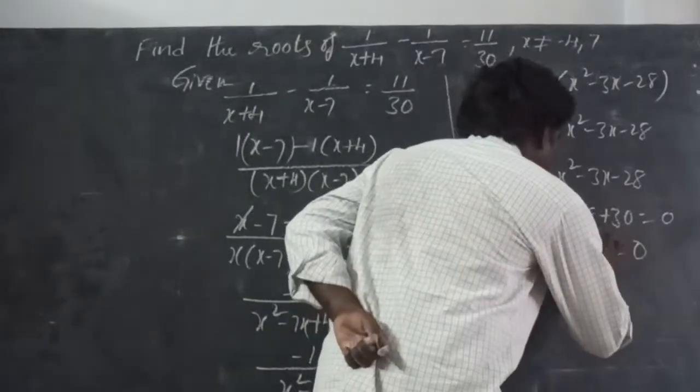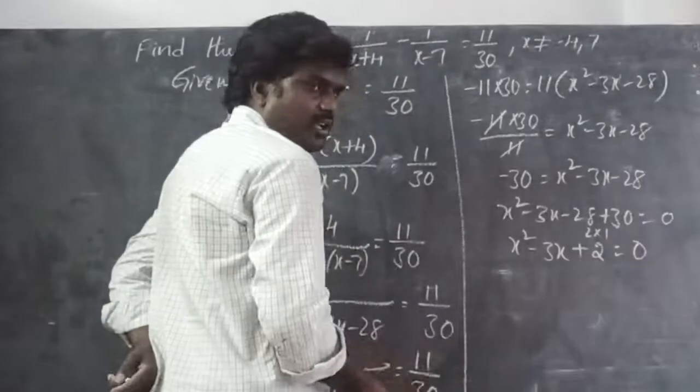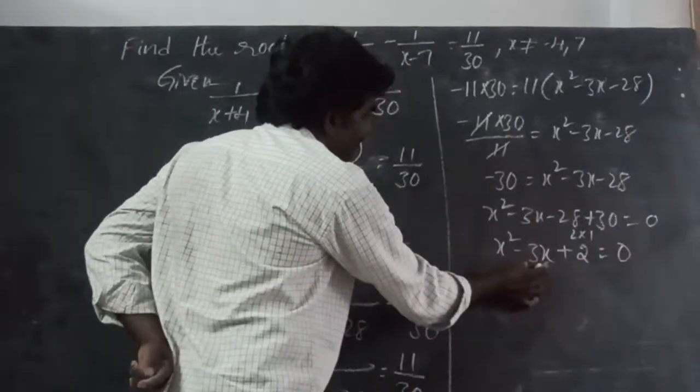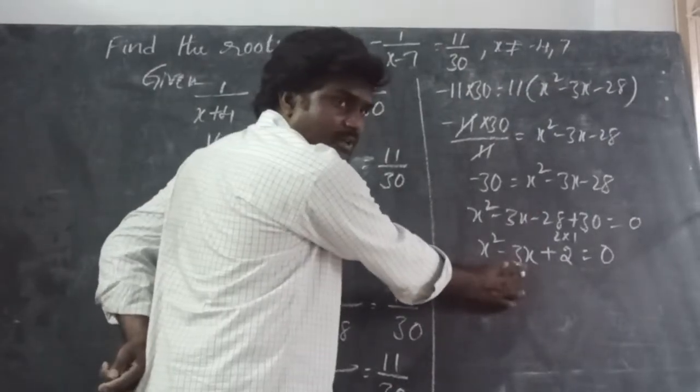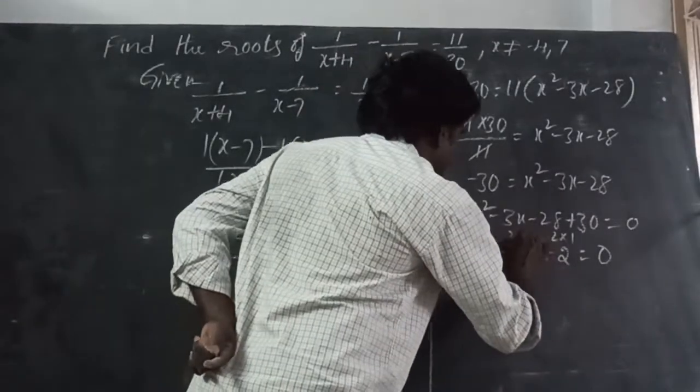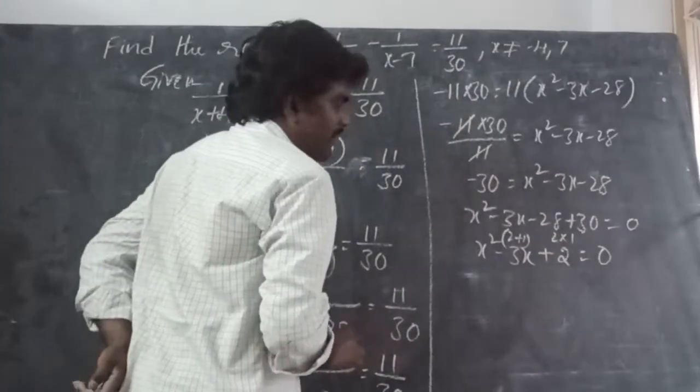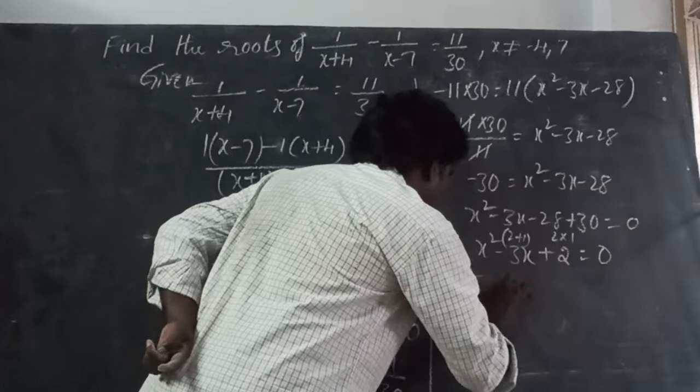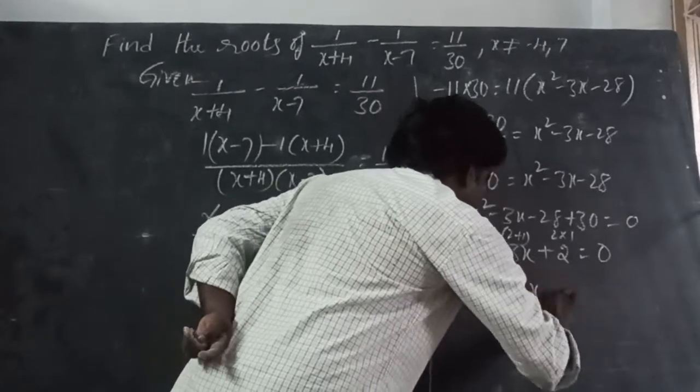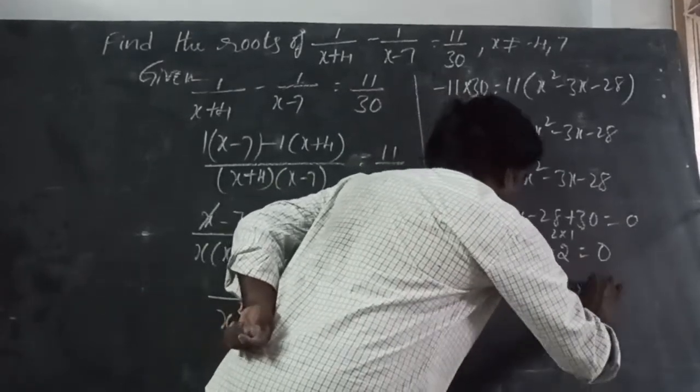How can we write 2 and 1? These two factors sum to how much? 3. 2 plus 1 is 3. Okay, so here we can write x square minus 2x minus 1x plus 2 into 1 is equal